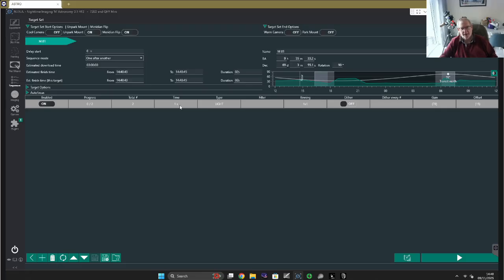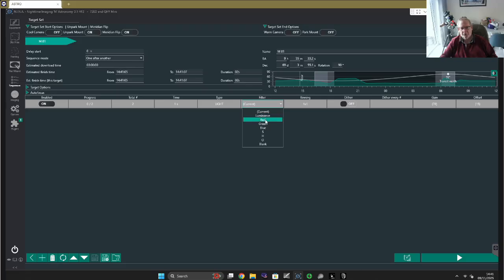Because I've got guiding, I can put that up to anything like 5 minutes. The type of image that it's going to take is a light, as opposed to either a flat, dark, bias or just a snapshot. The filter I'm going to use on this occasion,